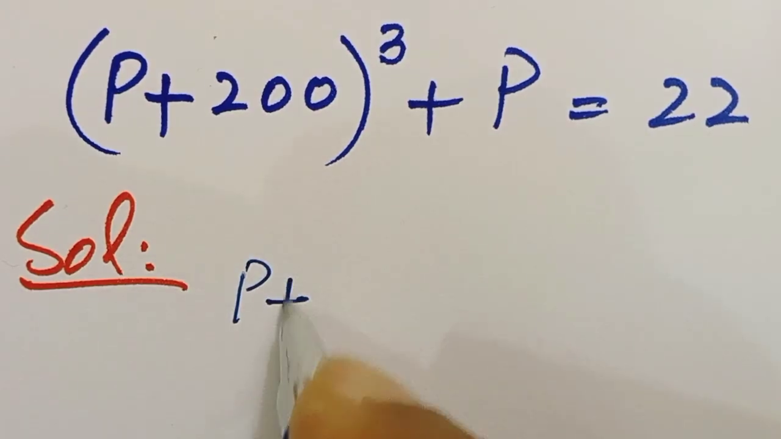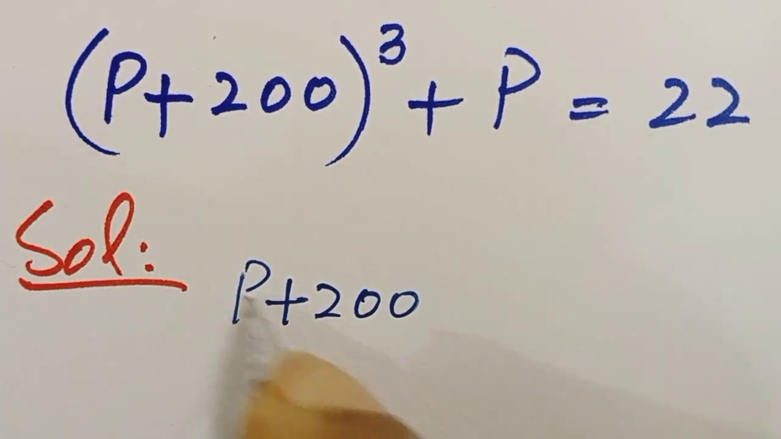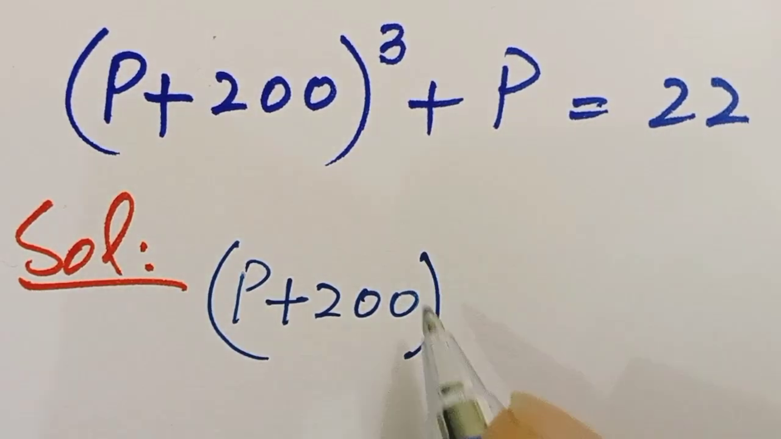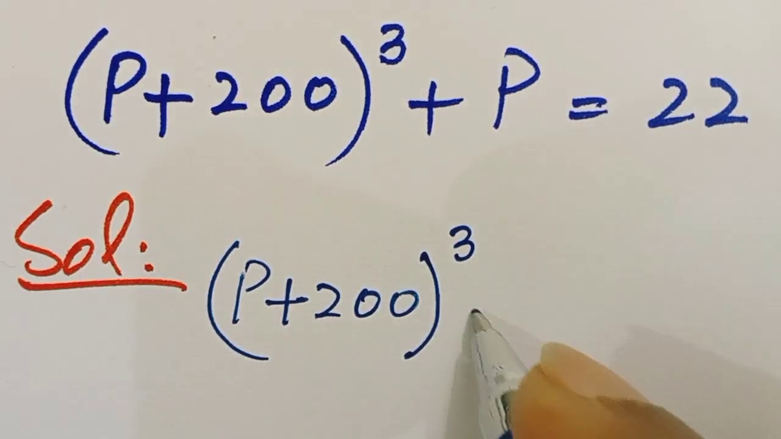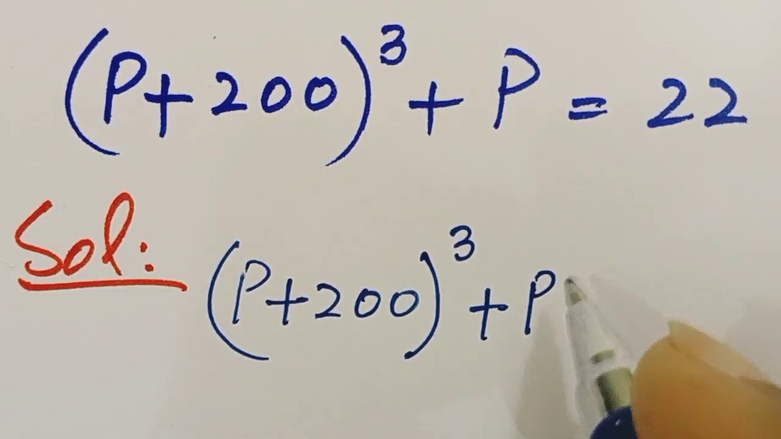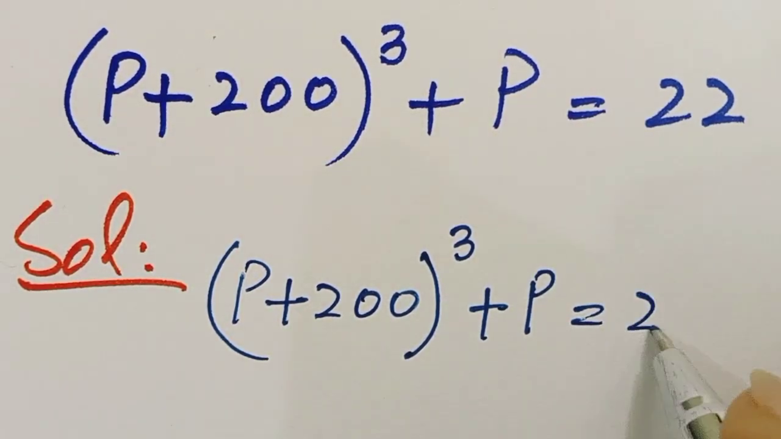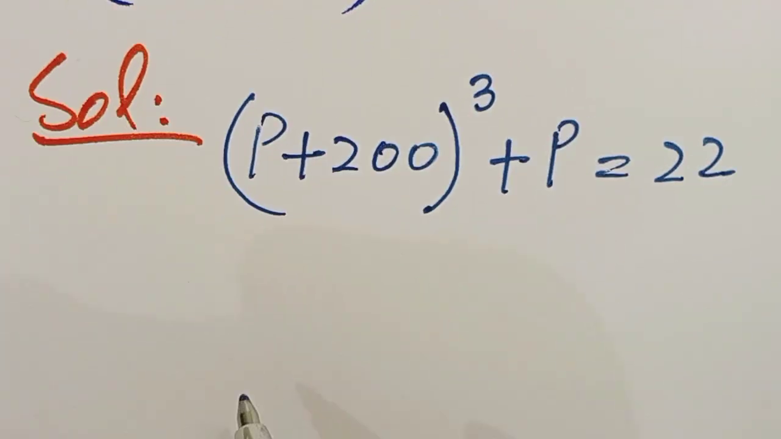p plus 200 power 3 plus p is equal to 22. So